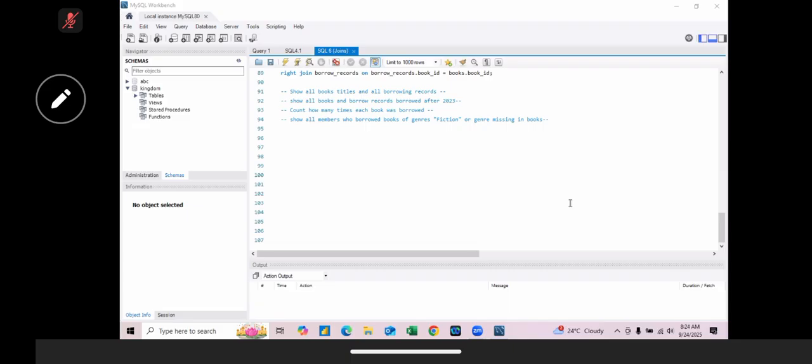First, we'll write query for left join because we want all the titles from first table, that is books table, union, and all the records from the second table, that is book borrow records table. Okay. So the query will be select all columns, or whatever columns we want, from books table. After this, from books,